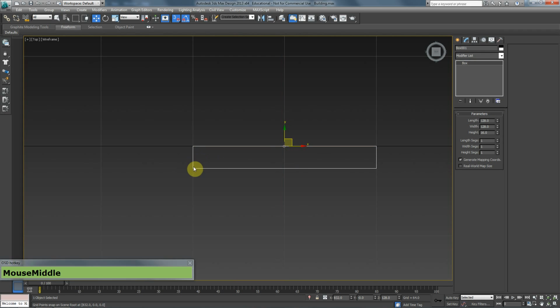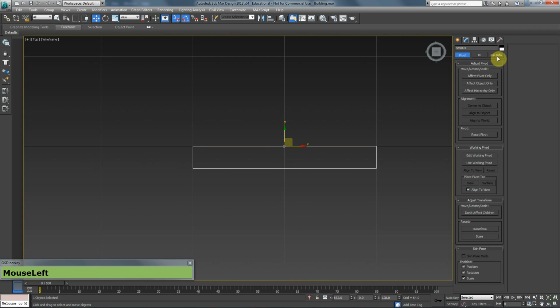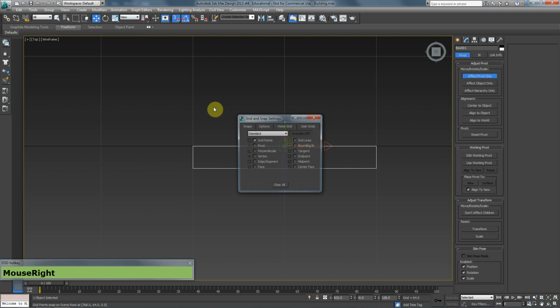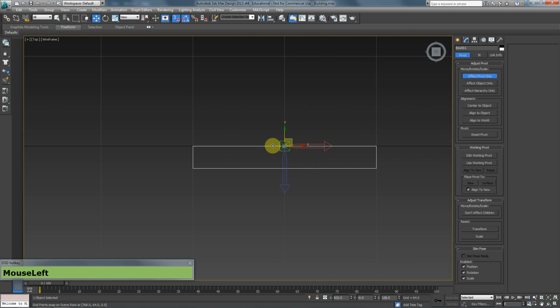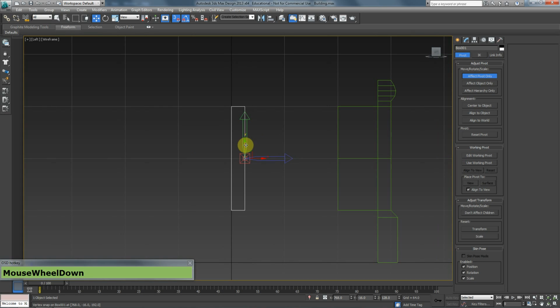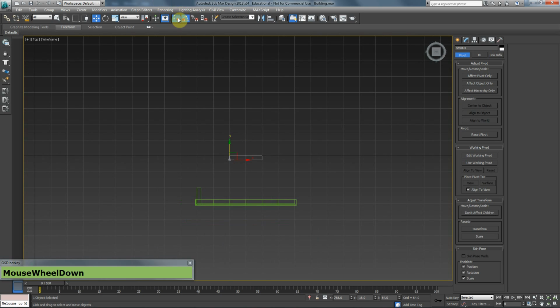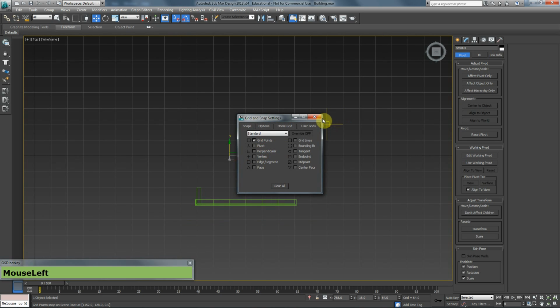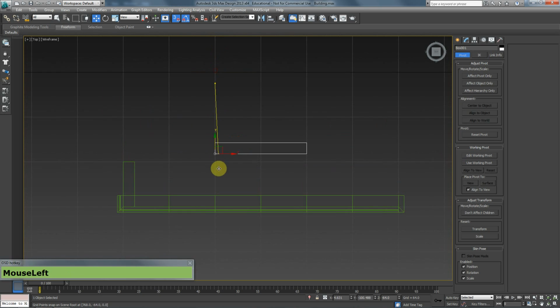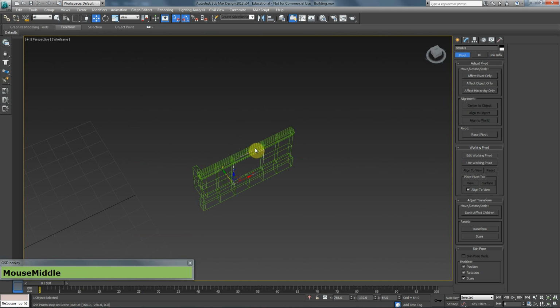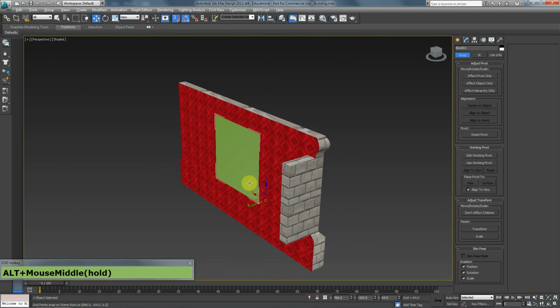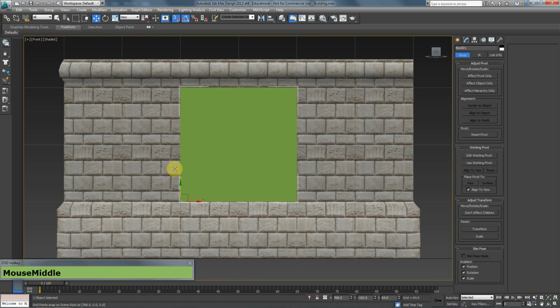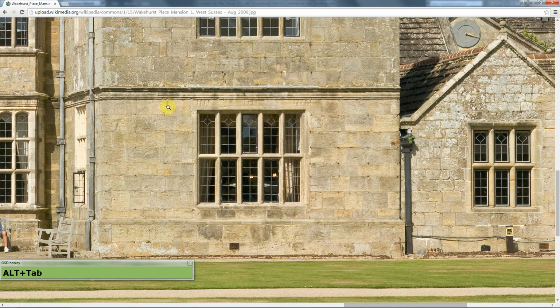I need the pivot point to be at this corner over here, so I'm going to go to the hierarchy, pivots only, make sure I'm snapping to verts and not grid, and move that over there from the top viewport, and from the left viewport I want it to be down here. And then turn that off, go back, and now I want to make sure that I'm snapping to grid and not vertices, and I am going to bring that where it needs to be. So now that box fits perfectly in this space, and I'm going to go ahead and start creating the frame of the